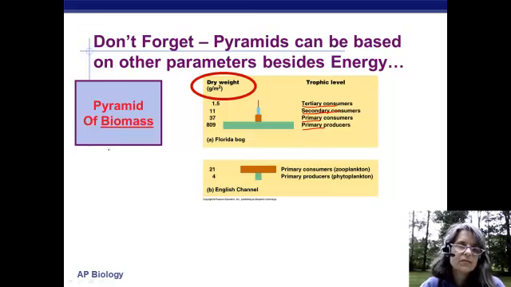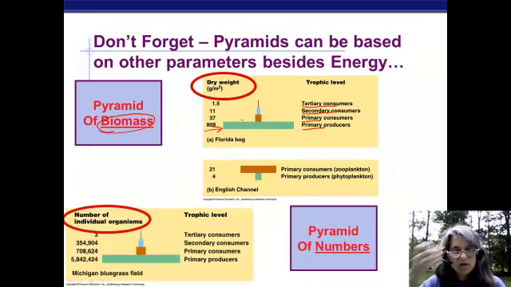We can mass them, and we could create a pyramid of biomass. It's going to tell us basically the same thing as a pyramid of energy. We are just measuring actual mass of living things in the ecosystem. And we do find for sure that there's much more mass of producers than there are consumers going up the trophic levels. We could also do a pyramid of numbers where we actually count organisms.